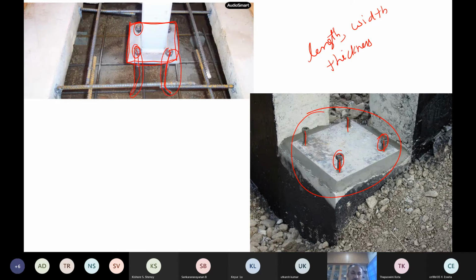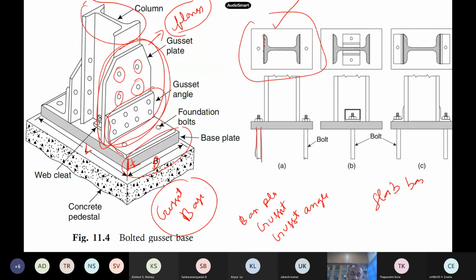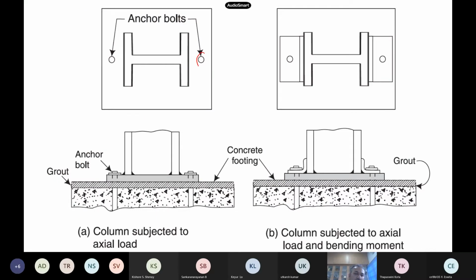So this is how the slab bases look. Sometimes we put bolts here, or sometimes we can put them near the web itself, or sometimes you see the angle also we put, and we try all these kinds of variety of things. The base plate will be anchored to the foundation, that is the concreting foundation. This is what we call anchor bolts. This is a base plate. The base plate is connected to the concreting through these anchor bolts. These are the technical words we try to use.